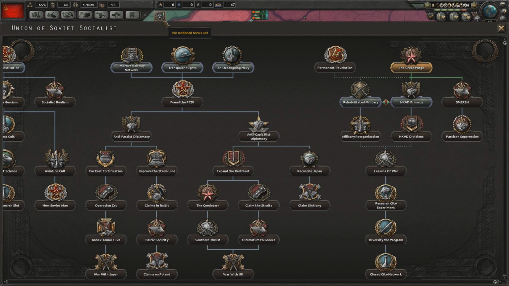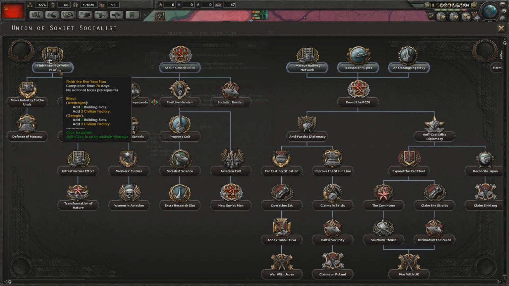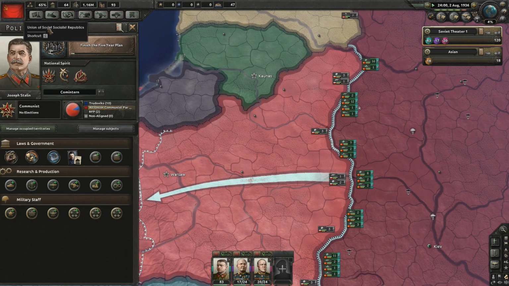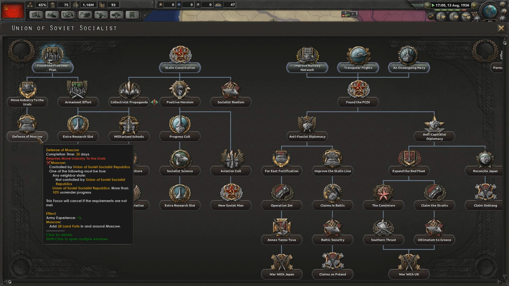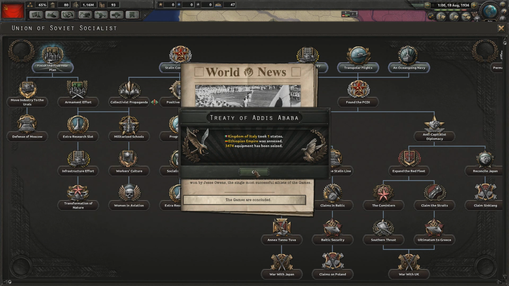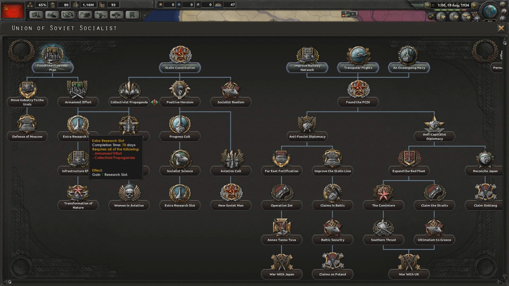Okay, the Great Purge is done. Now I'm going to go down and finish the 5-year plan, which gives me many free factories. And I'm just going to take a little look. Move the industry to the Euro... Oh. Defense of Moscow adds 28 land force. Oh, nice. I think that's if we're getting really pushed back, we'll need to worry about that. But for now, we can